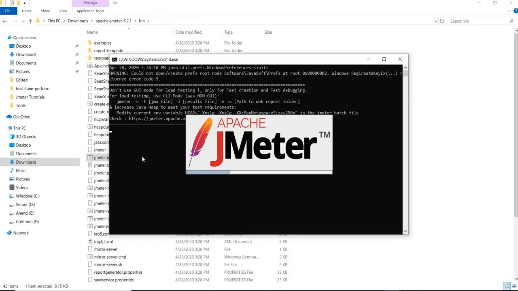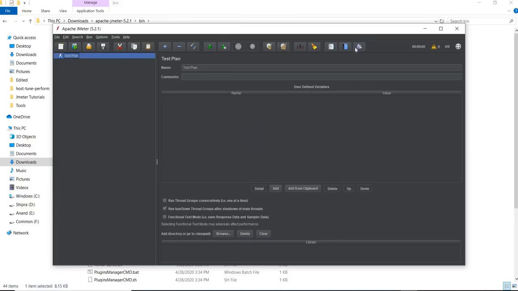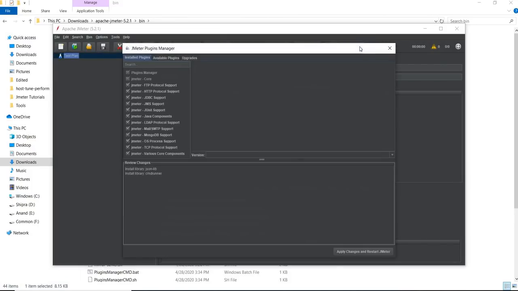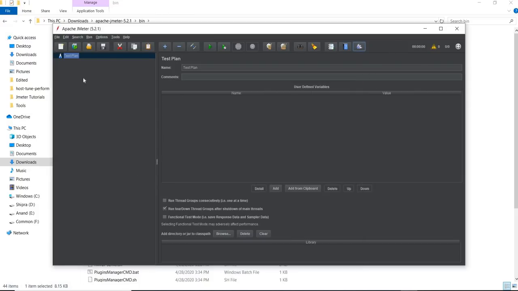JMeter plugin manager is very important. Why it is important, we will discuss in later chapters. But as you see, we were not having this tab before. You can see over here that we were not having this tab before. This is JMeter plugin manager. This came after we put that jar file in here. So these are already installed plugins. These are available plugins. Their usage we will discuss later. But as a good practice, while installing JMeter, you should also install the JMeter plugin.